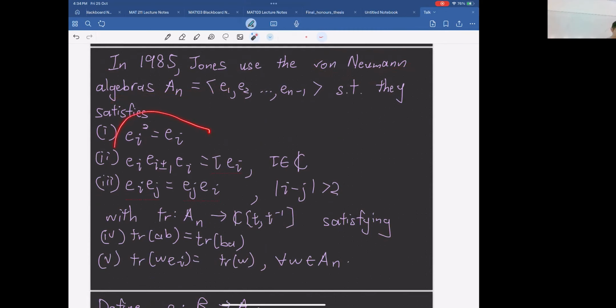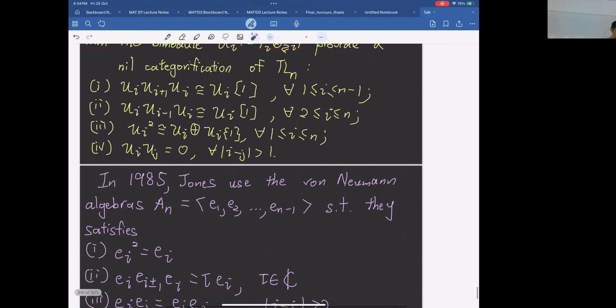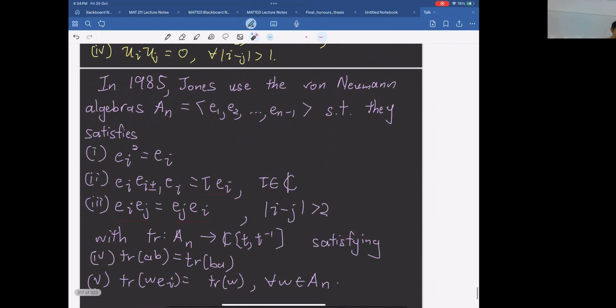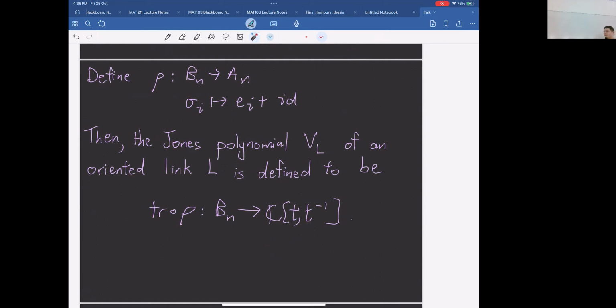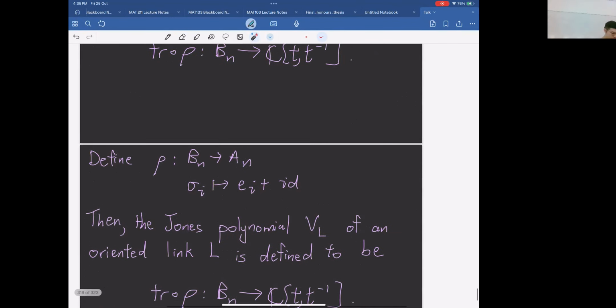They look at this algebra that satisfies all the other relations that we categorified, with e_i e_j equals e_j e_i. In our case, why are they equal? Because both of them equal 0. But this is exact, I mean, it's not equal because they are trivial. Okay, there's some other structure inside here. And with this, Jones defined a Jones polynomial, using the representation from the braid group to the Temperley-Lieb algebra, after taking trace.